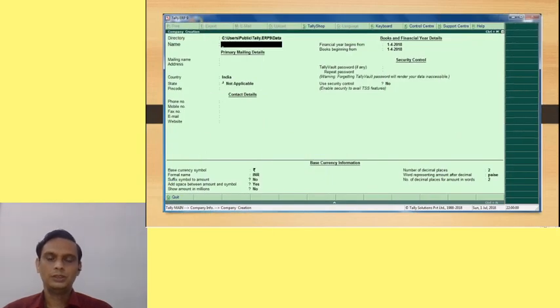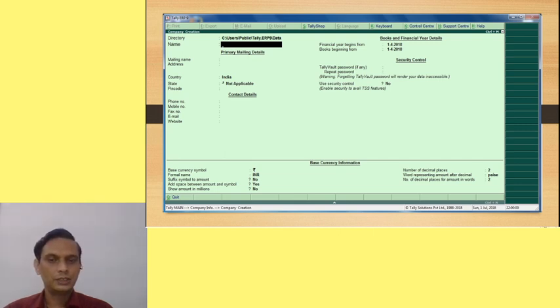When we click on create company, this window will appear. This is called the company creation screen, where we should provide the details about directory, name, mailing address, country, state, pin code, phone number, mobile number, fax, email, website, financial year for the company, books beginning from, and security control, where we can provide a password for our company.